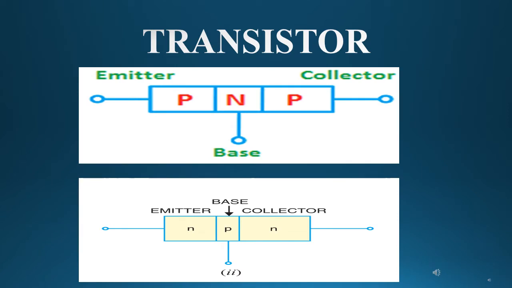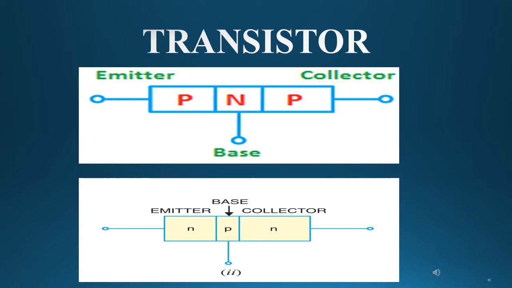Now, today we will study what is transistor. We have already known what is PN junction and what is diode. Now another device is transistor. In this device, in place of one PN junction, we are using two PN junctions in one device, and we are biasing them in such a way that it gives us the desired results. So first we will see the construction of transistor, and then we will see what happens when we do such types of constructions.